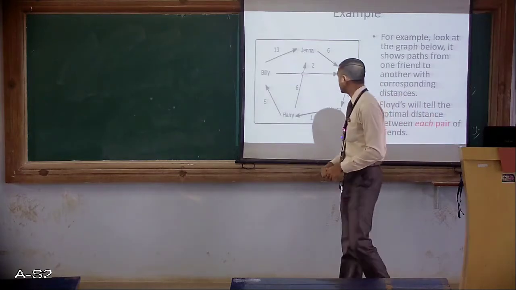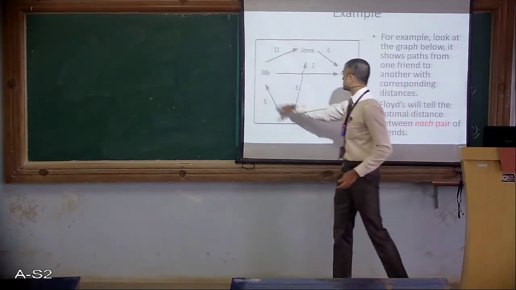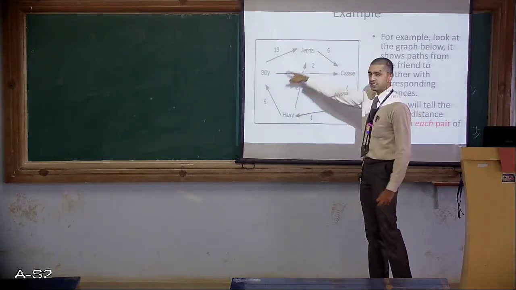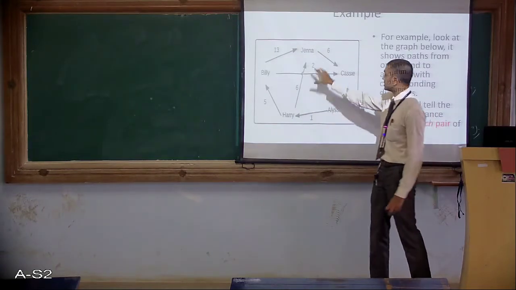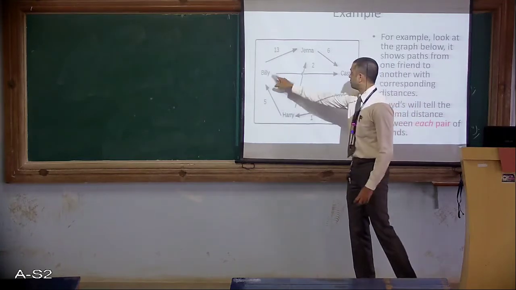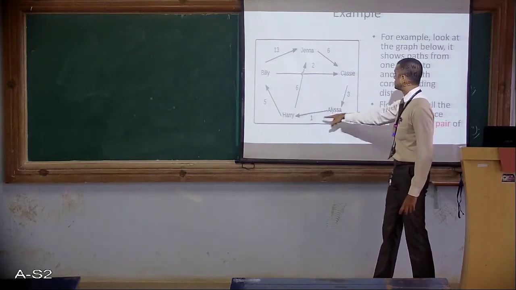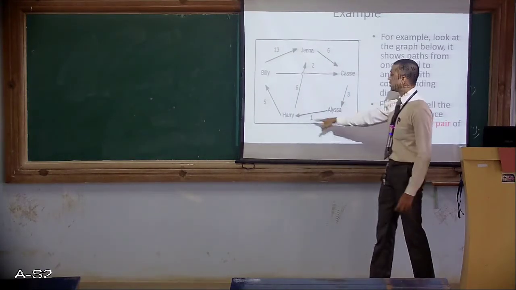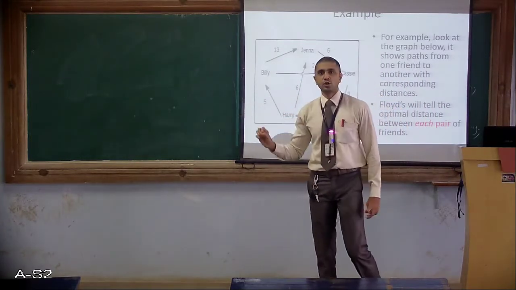This is a directed graph. As you can see, there are n number of vertices over here, and these are a group of friends, and these group of friends are connected with each other with the help of edges. So this is a directed graph. So these are edges and these are nodes or vertices. As you can see, there is a certain number associated with each of these edges, like 13, 6, 3, 1 and so on. These are called costs or weights.